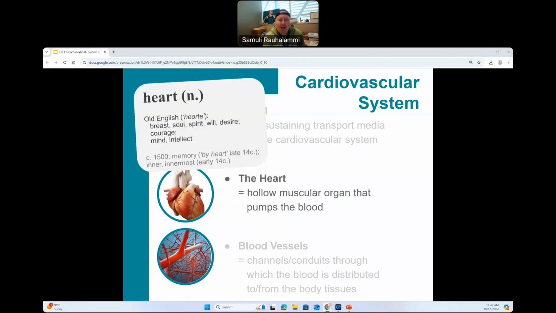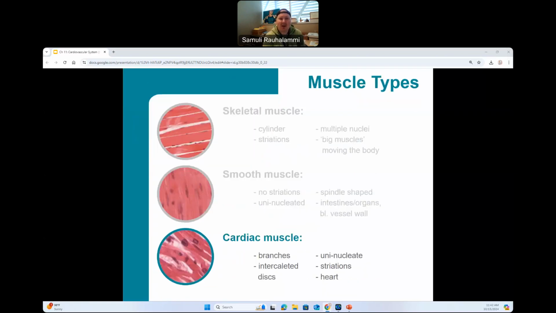And before we go any further talking about the heart, I also wanted to loop back to a concept that you're familiar with from our first chapters of the semester together. So we should talk about the muscle tissues. And you remember that we covered the skeletal muscles earlier on? And today our focus will be on the cardiac muscle. So cardiac muscle cell, let's have a look at that a little bit more. Cardiac muscle cells are uninucleate. That means that they have one nucleus, and that's located typically centrally to that cell. And we'll also see that cardiac muscle cells are striated.